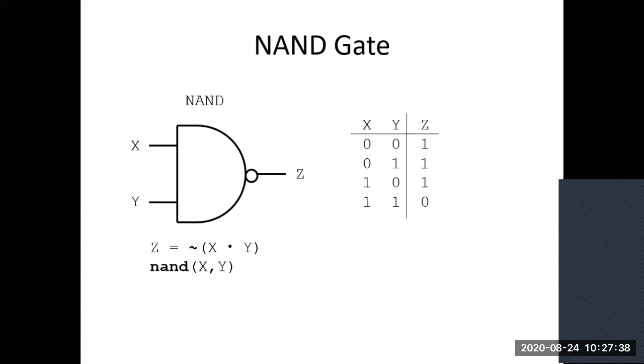Some other types of logic gates are the NAND gate and another one is the NOR gate. Some more are the XOR gate and XNOR gate. So first we will see the NAND gate. NAND gate is basically a universal gate. AND gate, OR gate and NOT gate are the basic gates. With the help of these gates, you can make any circuitry. It's conventional. You can make any circuit.